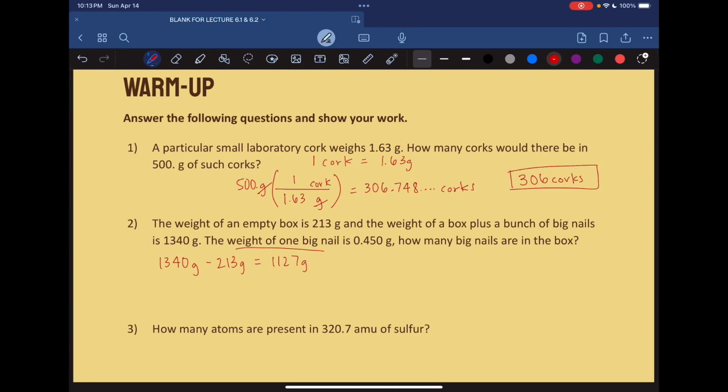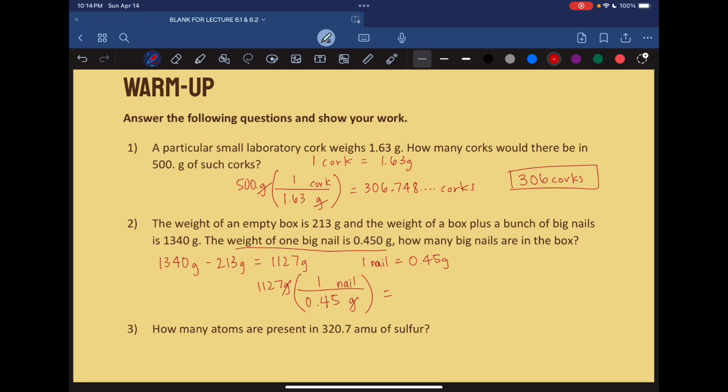Again, here is our equivalent statement. We have one nail equals 0.45 grams. So we're going to take 1127 grams, draw a line because we're converting. Whatever unit we begin with will be at the bottom because we want them to cancel out. So I will put nail at the top. One nail at the top is 0.45 grams. Parentheses, I'm going to cancel out my units. I'm going to put this in the calculator,